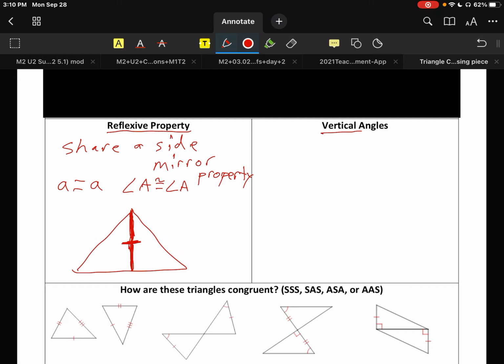Another piece is vertical angles. This happens when two triangles share an angle. They really share a vertex, but sharing an angle makes it a little more sense, considering the other one's sharing a side. This happens when you have